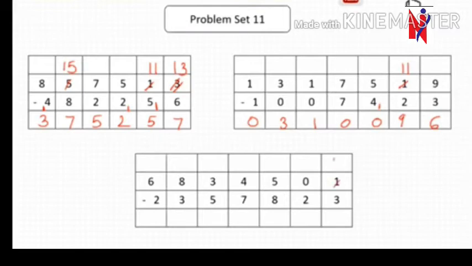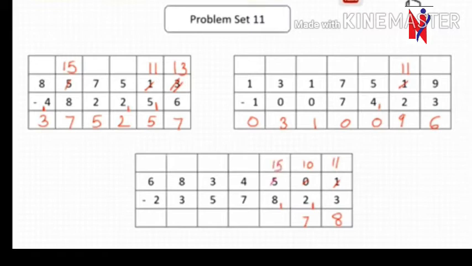See, now 1 minus 3 you can't, but you will write directly 11. Okay children? 11 minus 3 is 8. Instead of carrying the number above, you are adding it down. So 10 minus 3 is 7. How 3? 2 plus 1 is 3. So 10 minus 3 is 7.